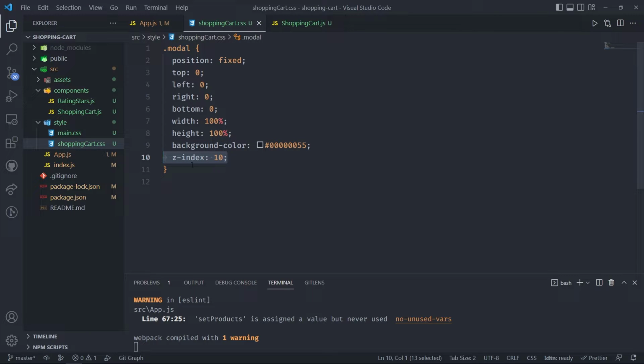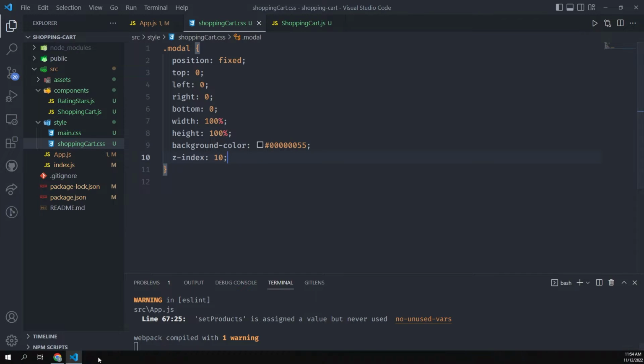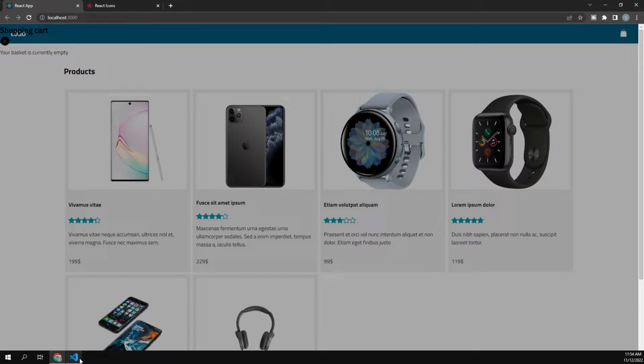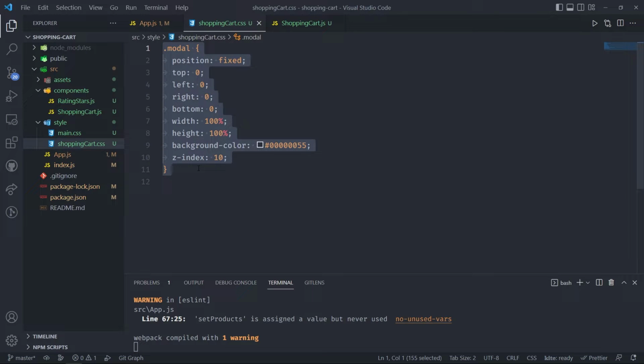And then I've set the z-index to 10, so it will move it to the top of all the elements. So let's look. You see now we have a dark layer over the other elements. So this is what this modal does. Then I can copy the styling for the shopping cart,